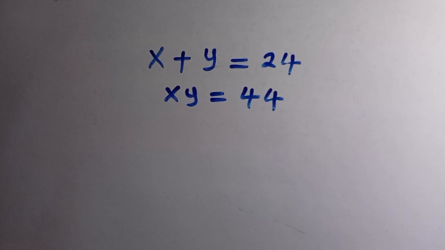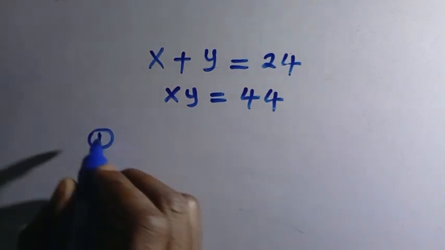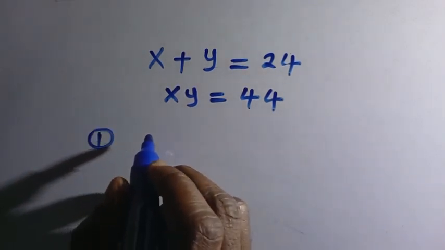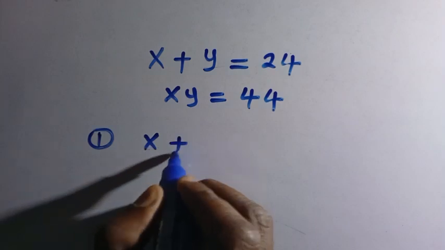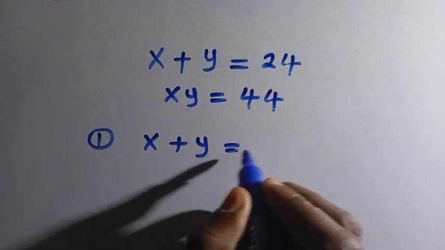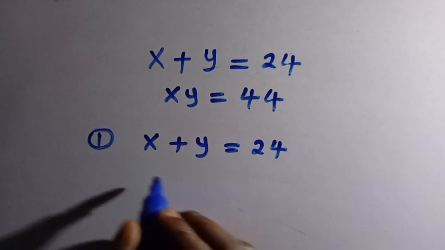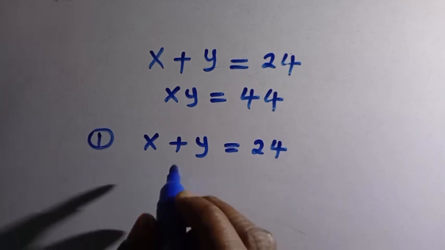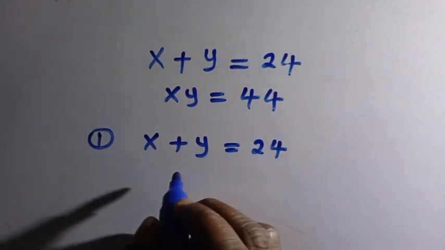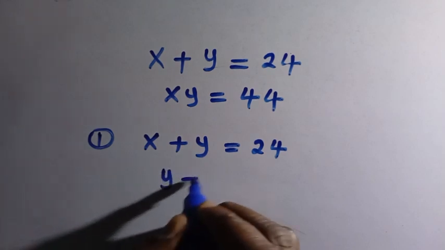How to solve this system of equations where we have x plus y equals 24 and xy equals 44. I want to provide the solution to x and y from here. So let's consider equation 1, which says x plus y equals 24. Then let's make y the subject of the formula. So we have to transfer x to the other side, and here we have y equals